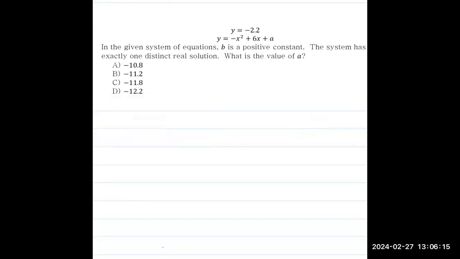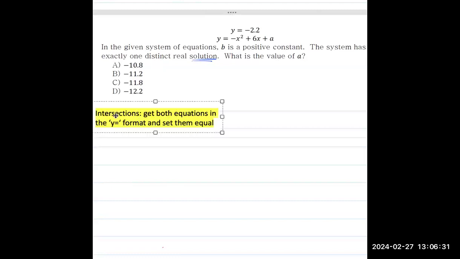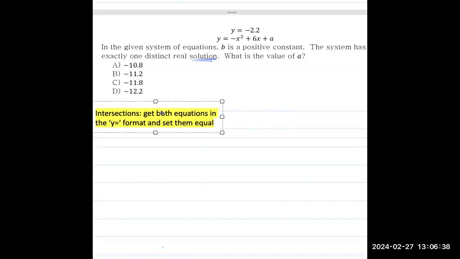Here we have multiple equations and we're being asked about the solution for the multiple equations. And that's an intersection. Whenever you have multiple equations and we're being asked about the solution, we're basically being asked, where do these functions intersect? And for intersections, our one-liner is get both of our equations in the y equals format and then set them